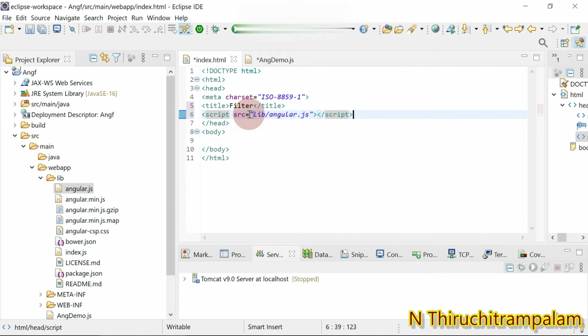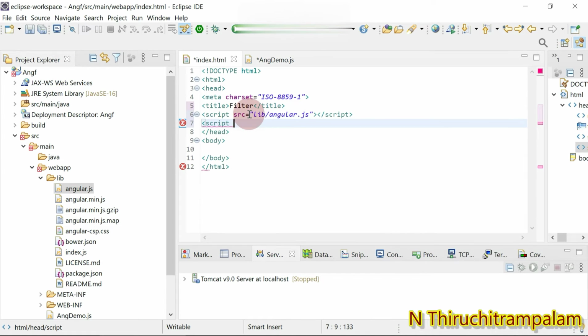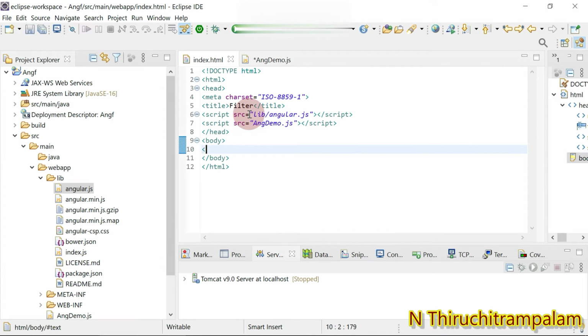All right, we need to add one more script, the ang demo.js file, to this HTML using the script element. So src equals, give the name of the JS file, that is ang demo.js. Okay, that's it.